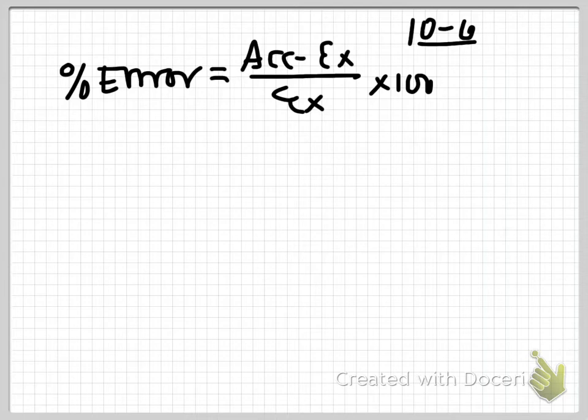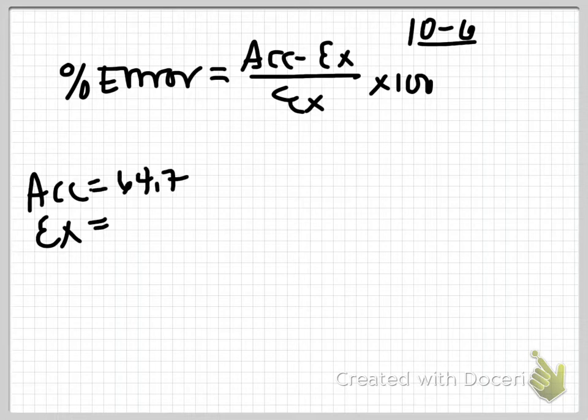So if I were you, I would write that equation, unless you don't care about partial credit because you're such a rock star, and then I would write accepted value, experimental value. So the accepted value here is 64.7 Celsius. My stylus is not working well. And the experimental value, what you observed, is the 63.5 Celsius. So percent error is going to be